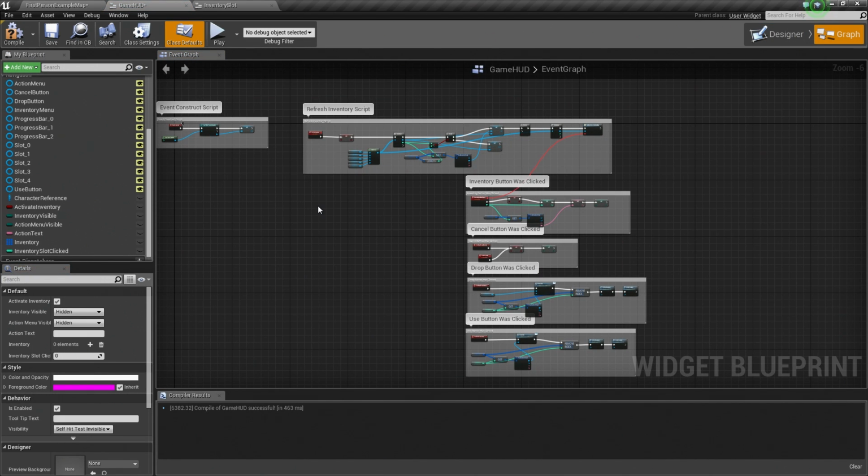That's going to do it for this video. In the next video, we will start working on the pickups so that we can pick up an item and start testing our inventory. Unfortunately, we're currently not at a state where we can test this because we don't have any things that can be added to our inventory. But we'll do that in the next